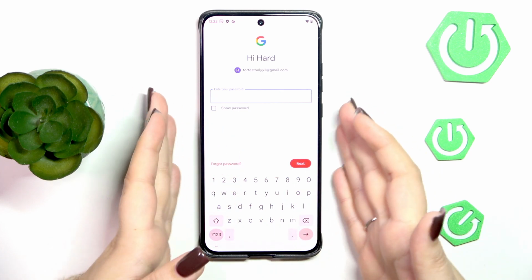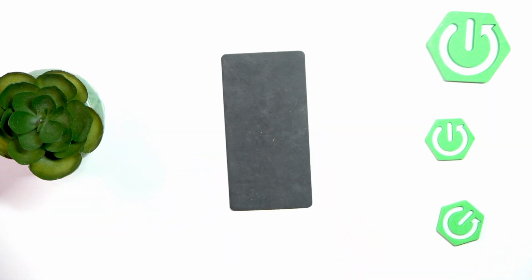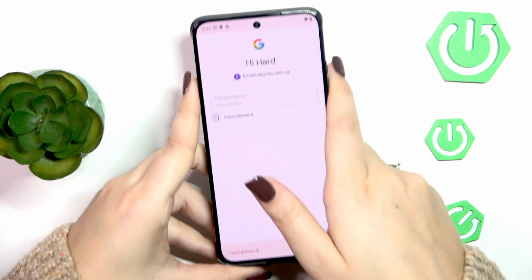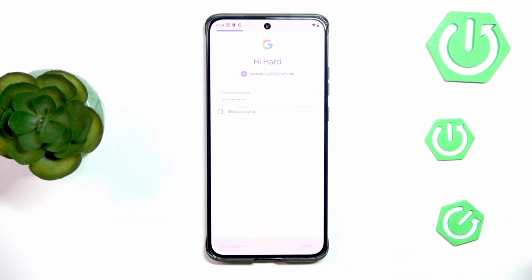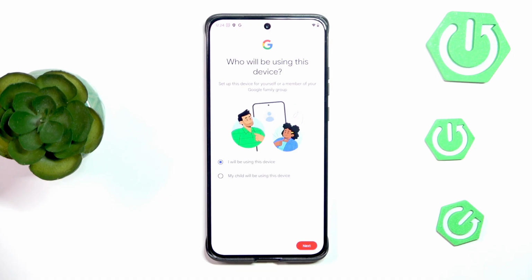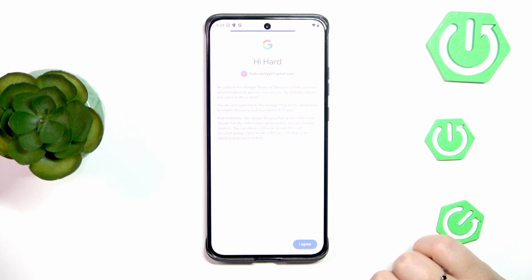And here in this step we have to enter our password, so let me do this out of the screen. Okay, we've got it, so let's tap on next. So here we have to decide who will be using this device, so just mark the option and tap on next. Google Terms of Service and Privacy Policy, you can tap on them to learn more